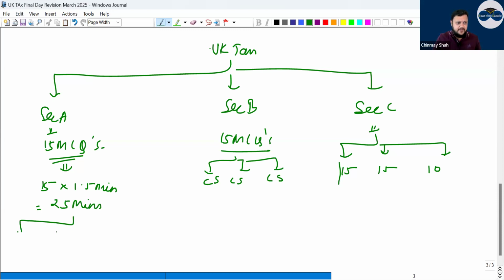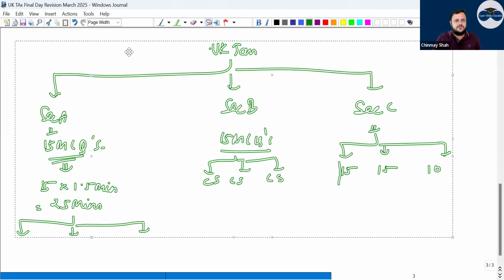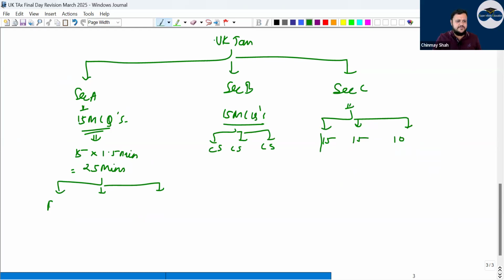There will be 3 types of MCQs, correct? One will be very easy, one moderate, and one difficult. Am I on the right track? Out of the 15, generally you have 5 very easy, 5 medium, and 5 difficult MCQs. For the easy MCQs, you will take 1 minute only, or 2 minutes max. For the medium, you will take around